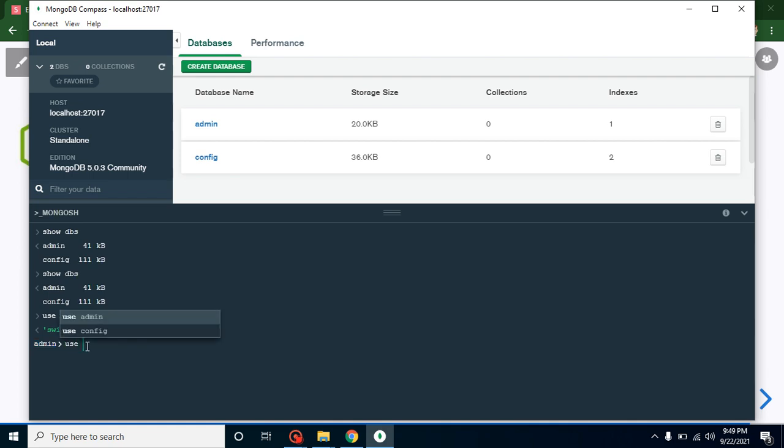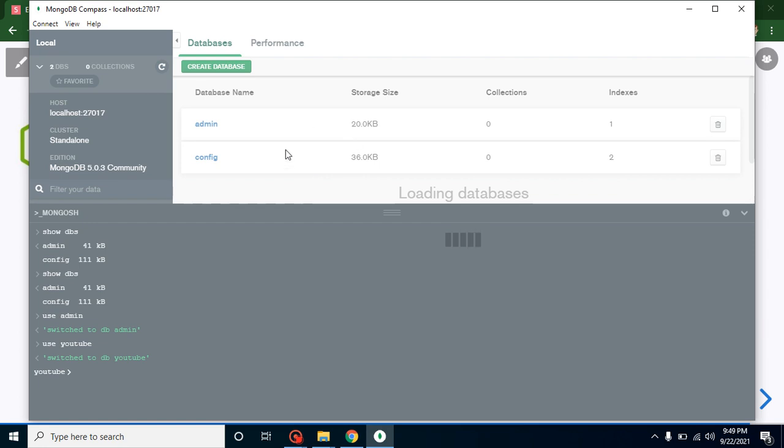But if you put use and any database name which is not present in the list, let's say YouTube, then it will create this database. But again you will find that it is not visible in the list. Why? Because there is no collection yet, right?